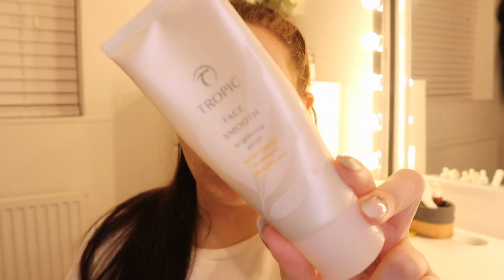Okay, my next step is exfoliating. I don't do this every night. I do it about 2, maybe 3 times a week. I use this exfoliator once a week, and this is the Face Smooth. This is an actual exfoliator that you put on. It's got little beads in it, however it has the bamboo silica in rather than the actual beads, which are not the best for your skin. This one has all natural stuff in. So I will use that exfoliator once a week, and the other exfoliator I will use is a serum exfoliator,